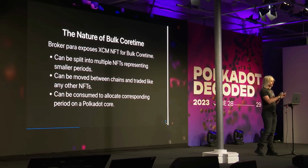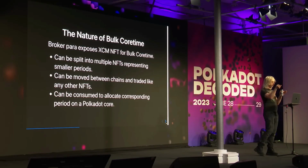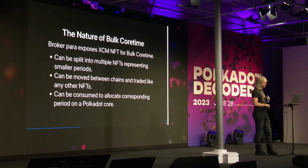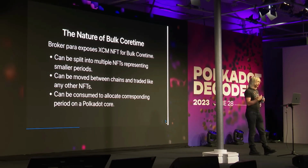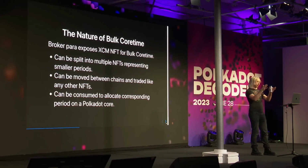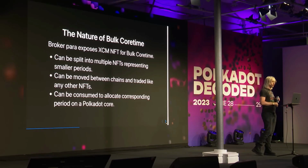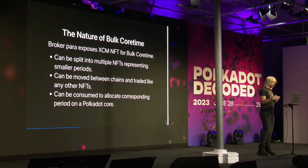I mean, it's fungible if it's literally for the same time period. But as soon as it gets sliced up, it becomes a non-fungible asset. And this non-fungible asset, in principle, can be exposed over XCM, which essentially means the brokerage can expose these purchased amounts of bulk core time to other chains that may want to allow them to be exchanged, traded on their markets. And this brokerage